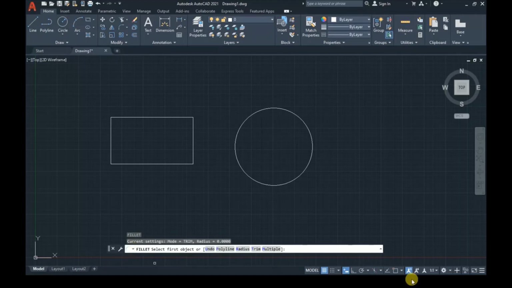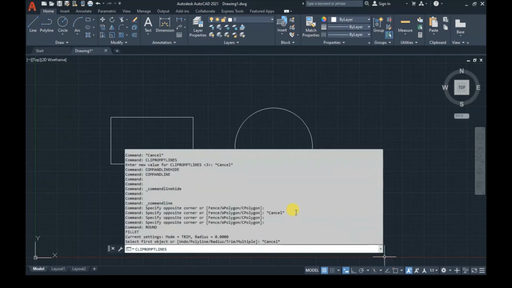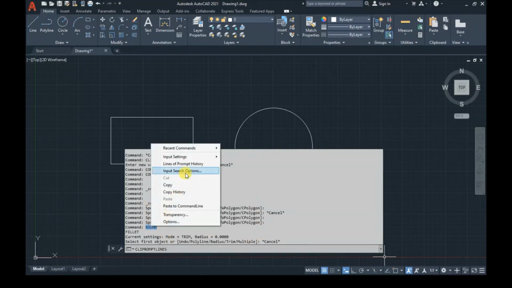Now when you use the up arrow, it shows all the previous commands you have used. You can see I'm moving with the up arrow and it is moving through them. Now there's a shortcut, F2. It will give you all the commands you have used. Then you can select any command, say this, and it says paste to command line. So with the help of F2, you can see all the previous commands. Say you have used a command and you want to see the whole list, so this can be used. So now you write in the comment that F2 is used to display the command line history.